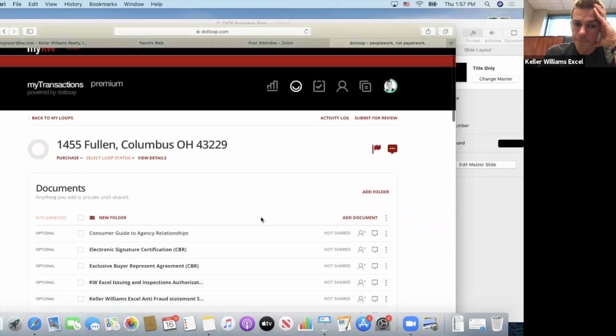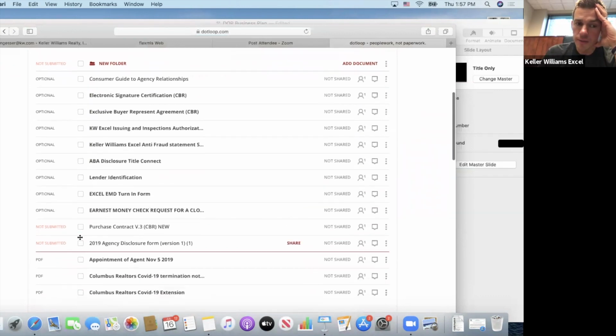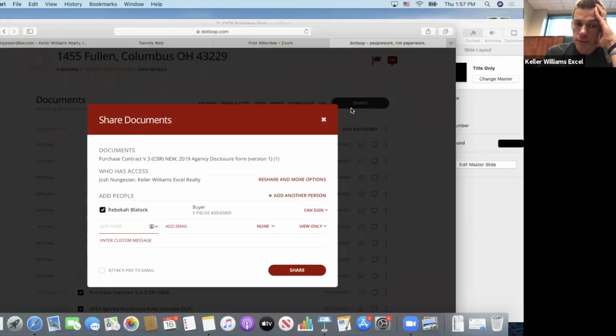Kind of funky. Once you've got everything filled out though, and you're ready to get it over to your buyer, you just click these bullet points here. Boom, boom, share. It automatically clicks Rebecca. She can sign the documents. I always attach a PDF to the email so that there's something they can click on right from the email. And then I normally add a custom message, something like